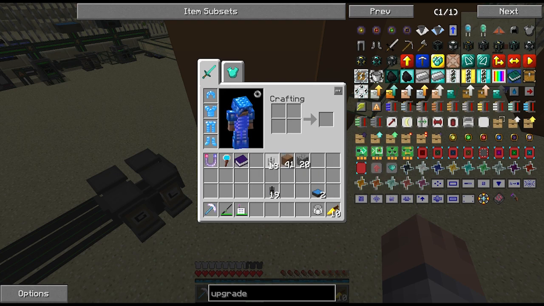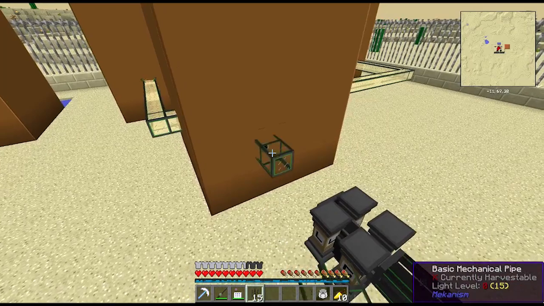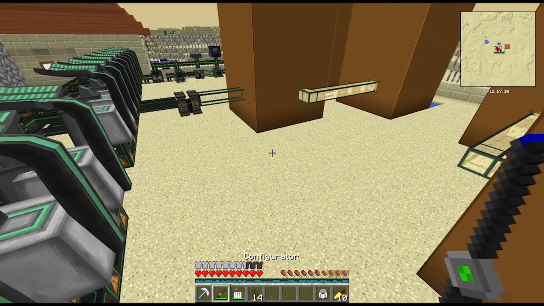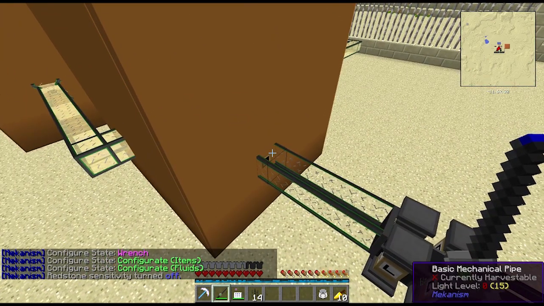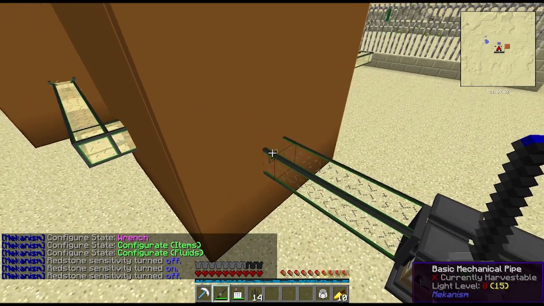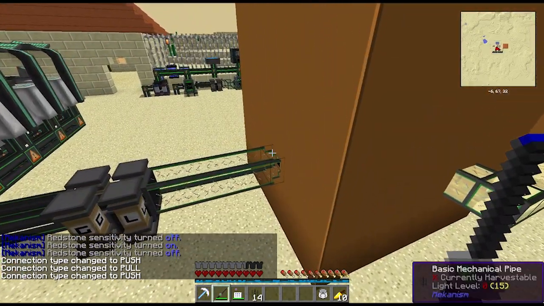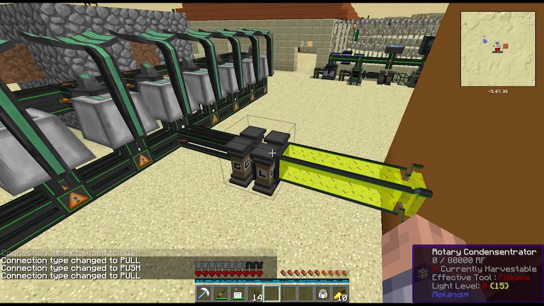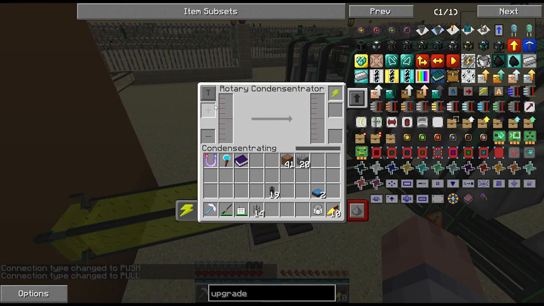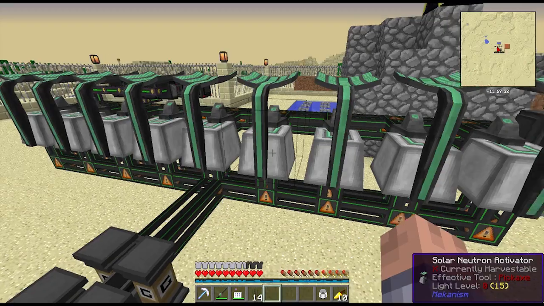Alright, so this is done, and now I gotta get these two connected, and they're not gonna start because I still have to wrench them over here. Fluids? Oh, oops. 1, 2. And this should start flowing. Perfect. And 1, 2. And yes, I need to set these two deconcentrating. Right there. See, it fills now with the liquid lithium. And over here, you don't see it because it's happening so fast. Let's see where...